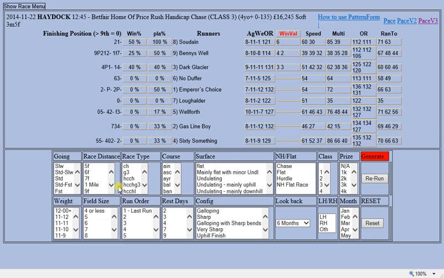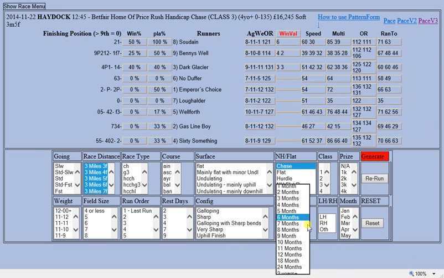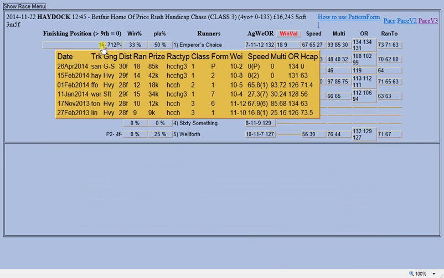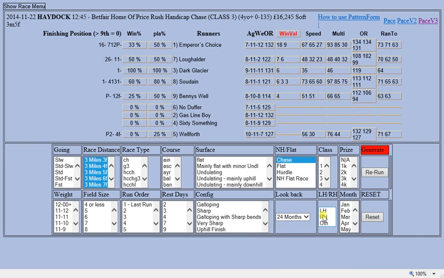So what I would do, just to finish off, I would see what its form is like in chases, over this distance. So I'm going to use the same criteria, 3 miles through to 3 miles 7, last 2 years. I want to do that. They're all chase results. Again, I'm going to look at chase on the going. And again,